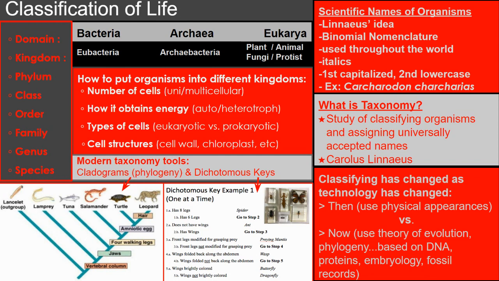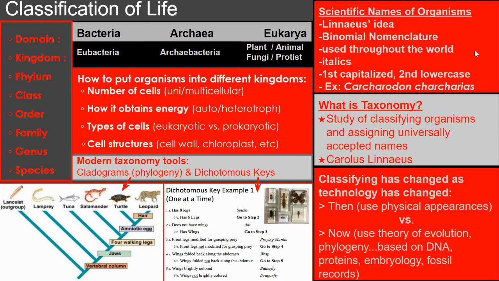For example, in English, cat is cat. In Spanish, it's gato. In French, it's chat. But in these different languages, the animal or plant was named by different words. And that was becoming a problem because as scientists shared their ideas and published papers, if you spoke a different language, you might not even know that that paper existed or be able to use it for research.